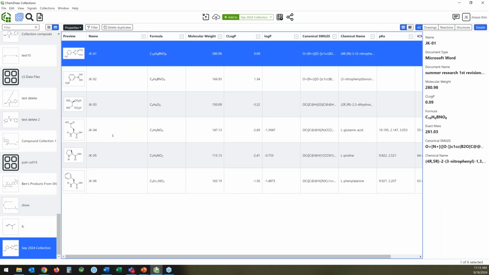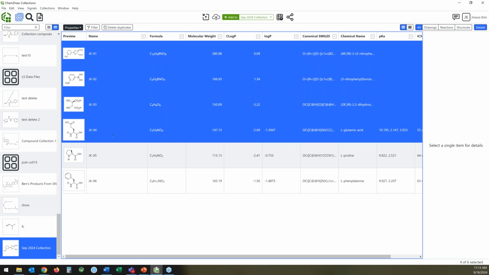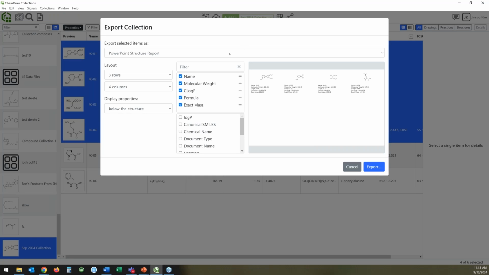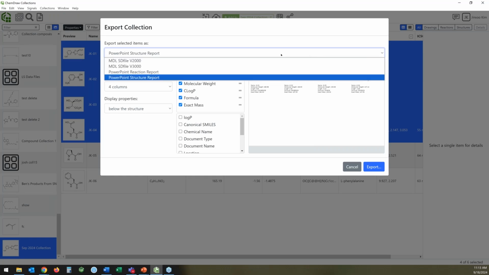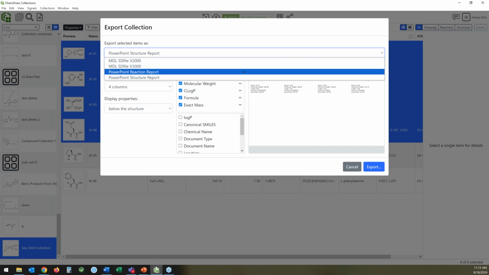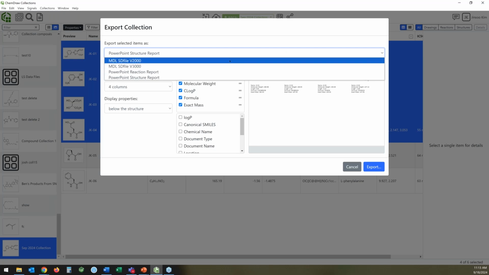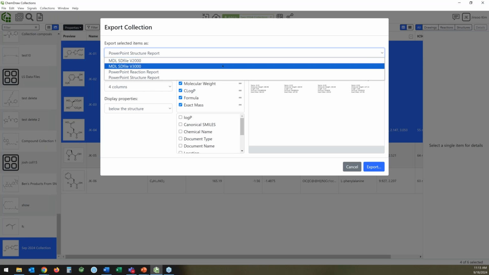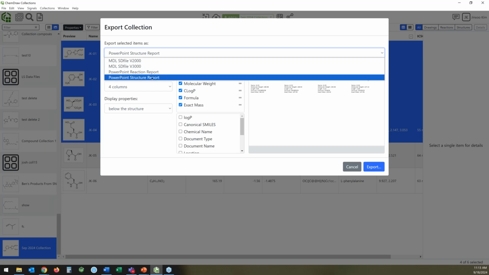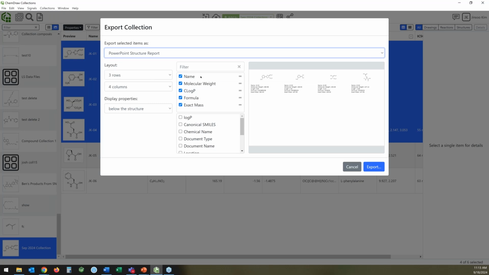I want to be able to share that with folks. So I'm just going to pick a subset of them here. Let's just pick these 4 right here. What I might like to do is share these things. Now I can export it either as a structure report. If you're looking at reactions, you can make a reaction report, or if you've gotten so many structures that you want to just export it as an SD file, we have the V2000 and V3000 exports available to you here as well. So I say I want a structure report, and then here are all the features that are by